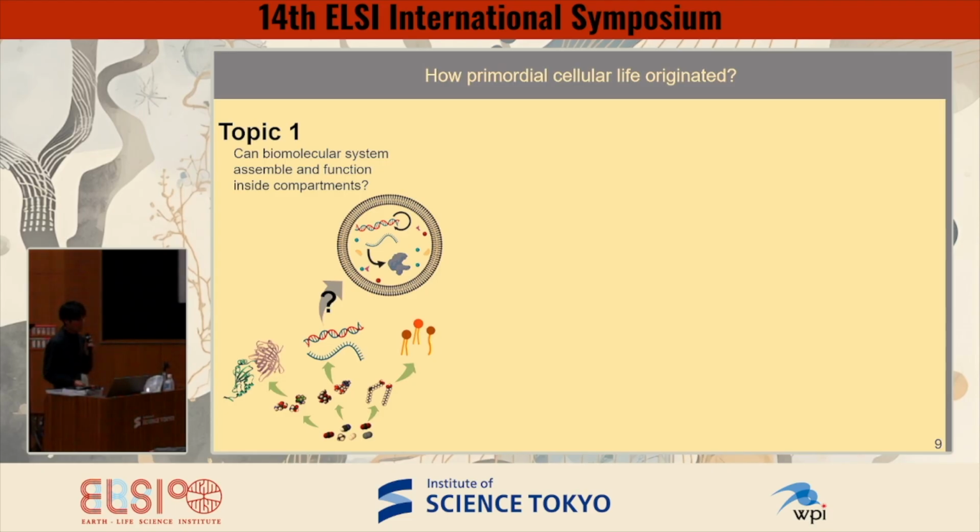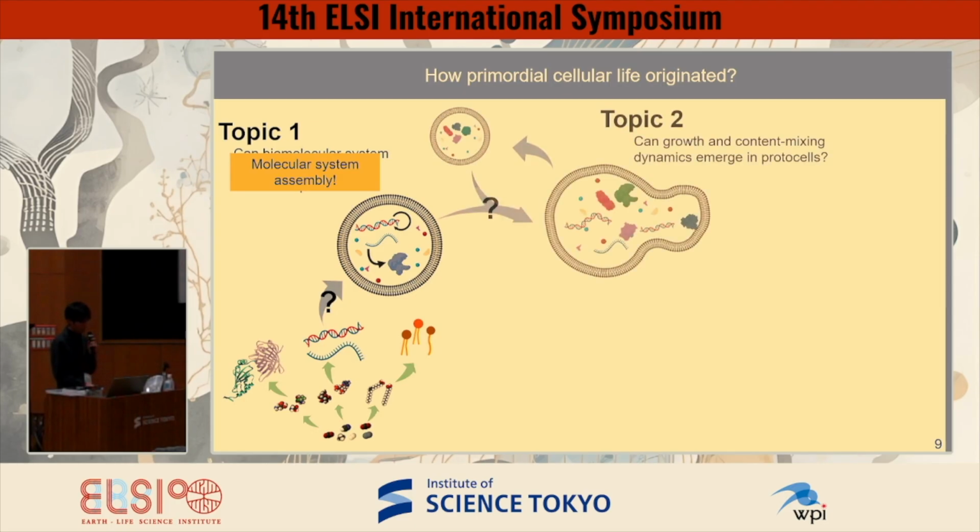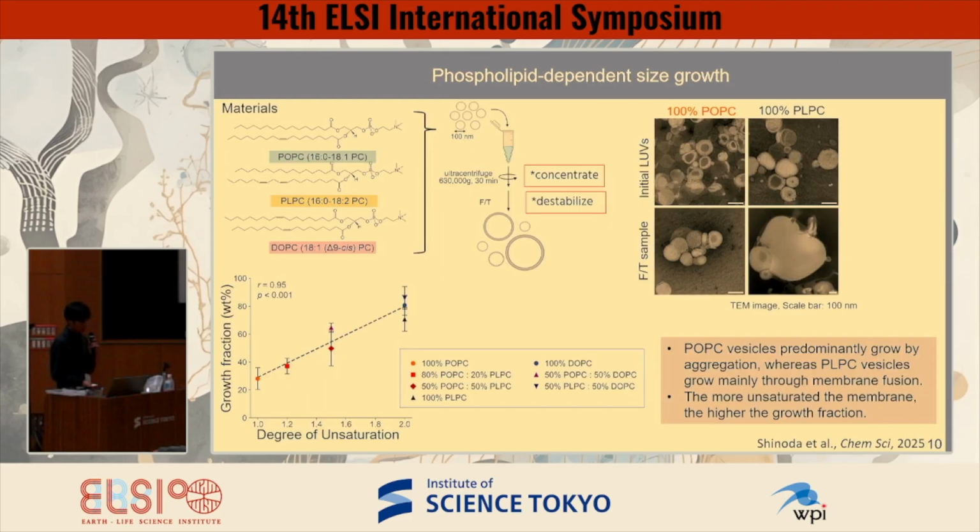So to conclude topic number 1, we saw biomolecular system assembly and function inside the vesicles. And at the same time, we saw some vesicle size increase, vesicle growth. So next, we move on to the growth event, including content mixing, in detail. So specifically, what determines individual growth dynamics under freeze-thaw? What we focused on is the structure of phospholipids, especially the degree of unsaturation. So as shown in this time-lapse image,